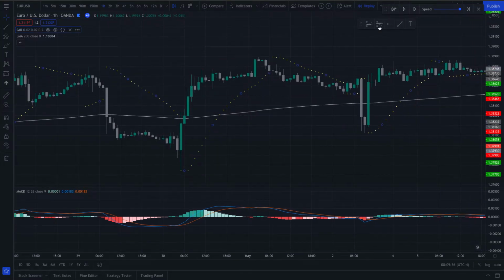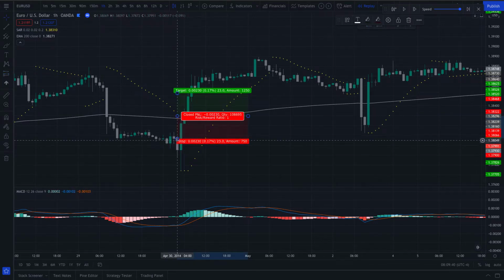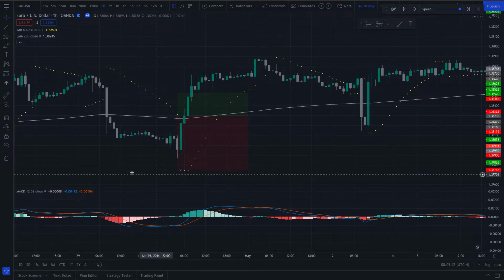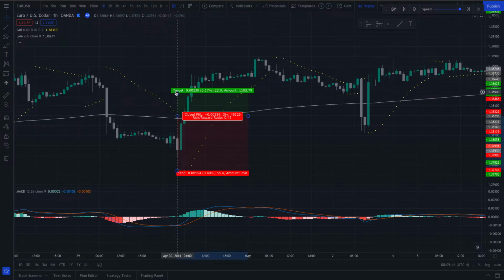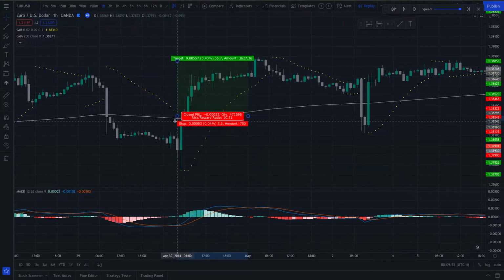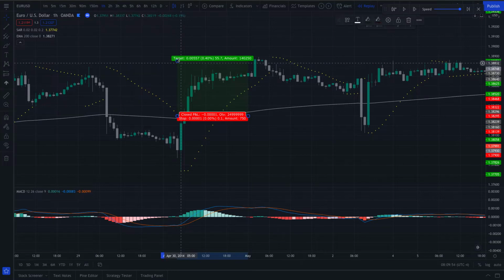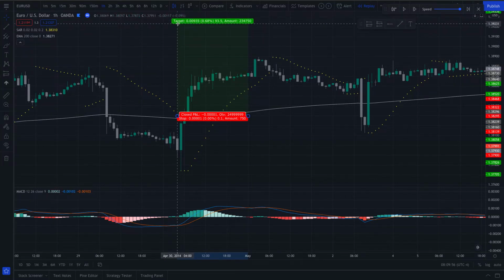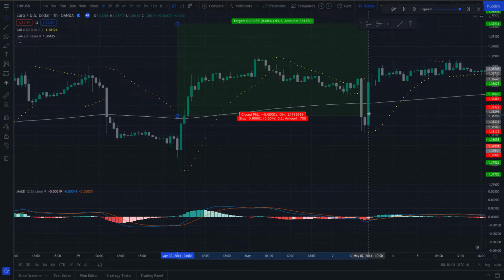So what we're going to do is take our entry tool, place our stop below the previous low, and we're going to take two positions. Our first position is going to be a 1-to-1, which hits take profit right there. As soon as that happens, what we're going to do is move our stop to break even and let the rest ride. And then as we can see, it stops out here.